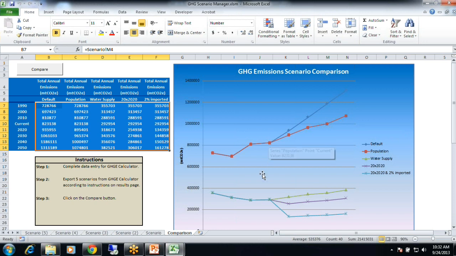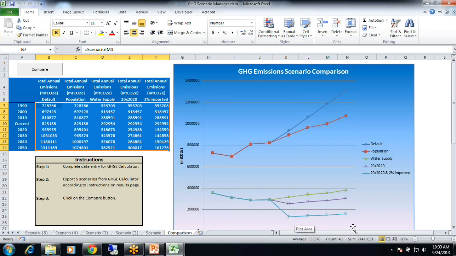Then we changed the water supply portfolio, which jumped us down to these scenarios down here. So just changing the water supply portfolio gave us this result. And like I said, that's the huge difference: groundwater versus imported water. So you can see it really does matter. And then if you can reduce 20% per capita by 2020, that brings you all the way down to here. And then the last scenario, which was the 20% by 2020, and then in addition, dropping the imported water from the State Water Project to 2%, and you're clear down here.